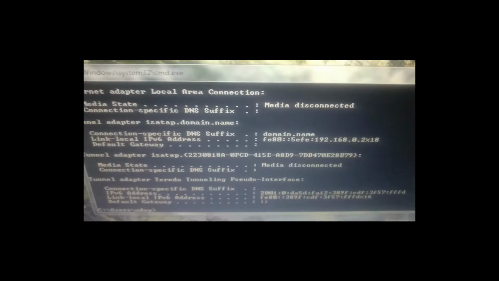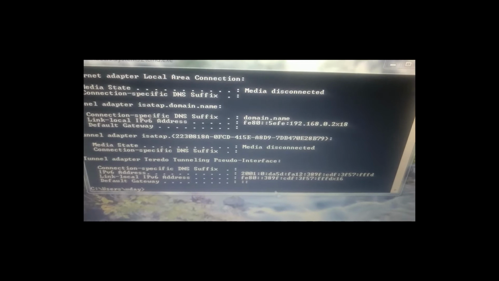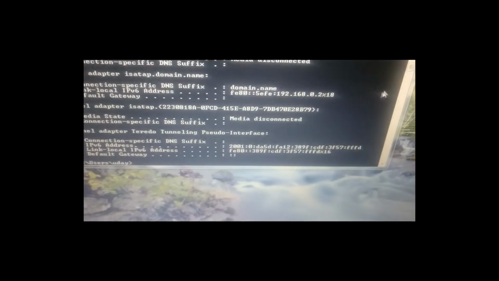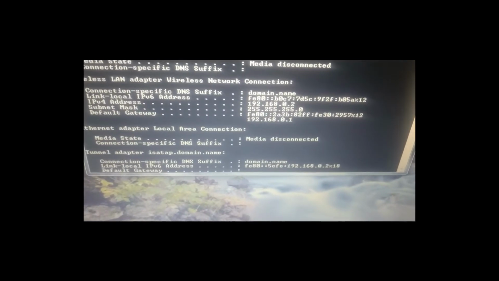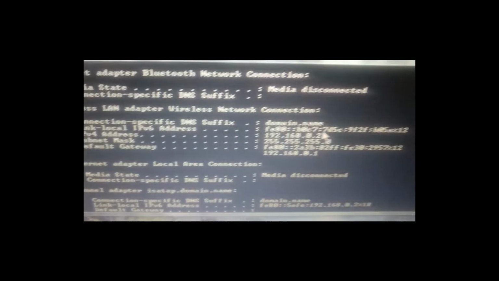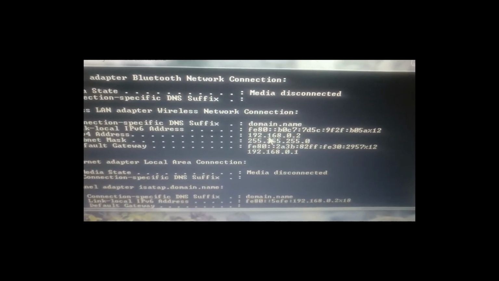you will get ipconfig. Just type this command, ipconfig. I opened the CMD by pressing the Windows plus R key, which opened Run, and there I typed CMD. Then in the command prompt I typed ipconfig and I got the network connections. Here you see the Wi-Fi connected to is 192.168.0.2.